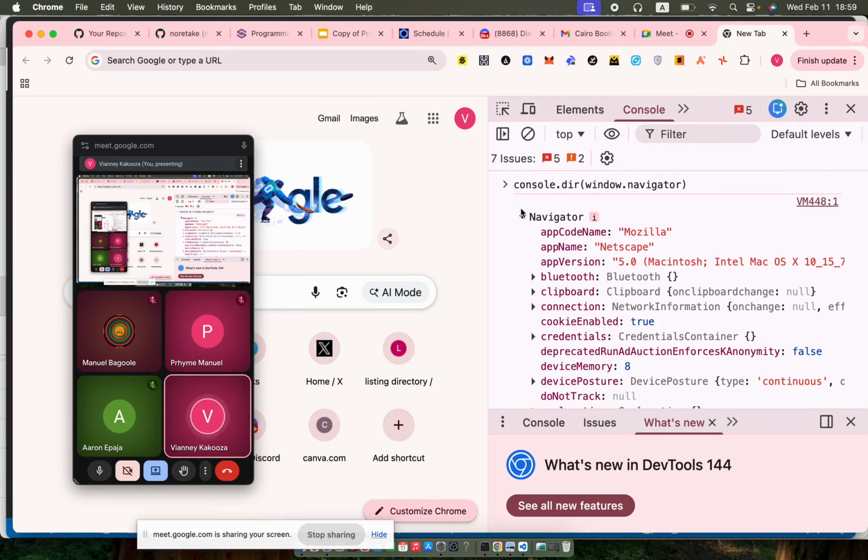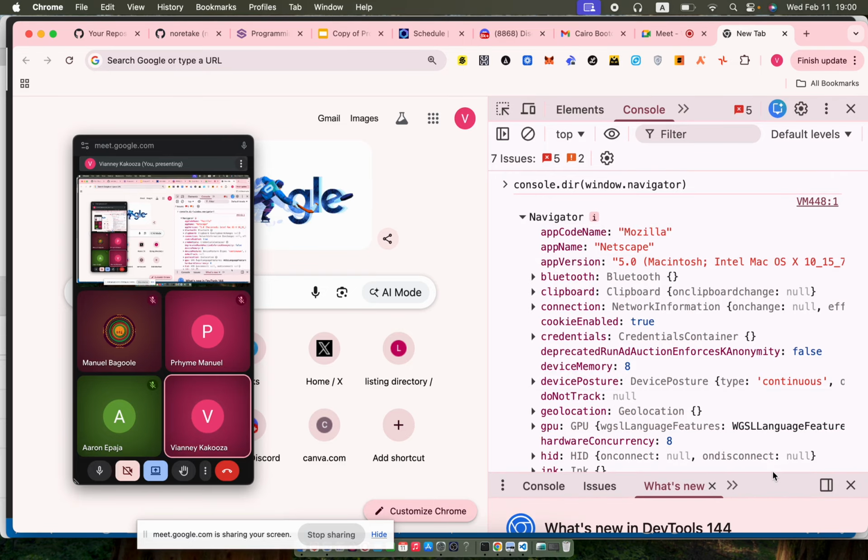And here you can get the navigator. So if I want to get just the properties of the navigator, clean, this is what I do,